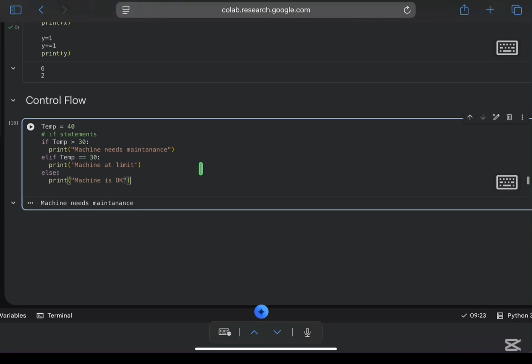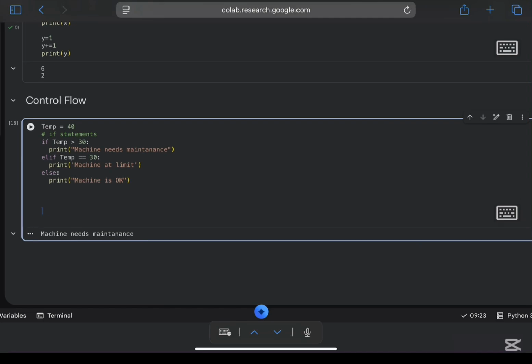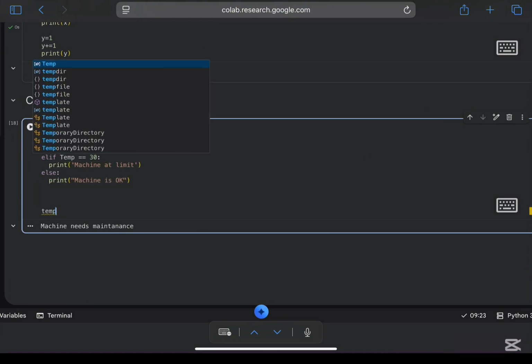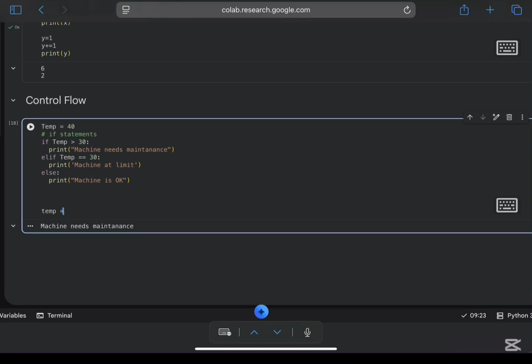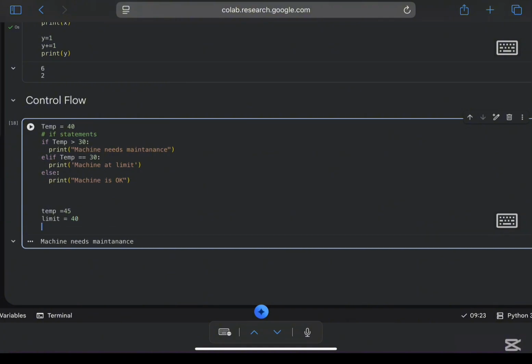You can also look at it from another way. We can have decisions based on calculations, right? What do I mean by that? We might have variables like temperature. Let's set a value of 45. We might have a value of limits. Let's set it to 40. And we might have another variable for difference, right? For difference. So this will be equal to